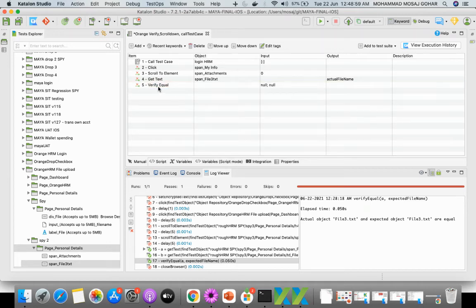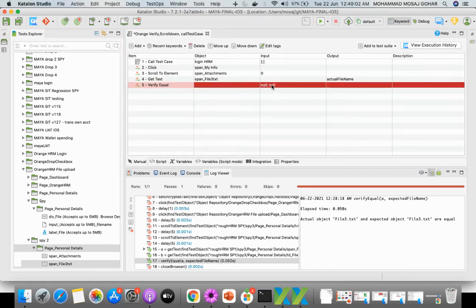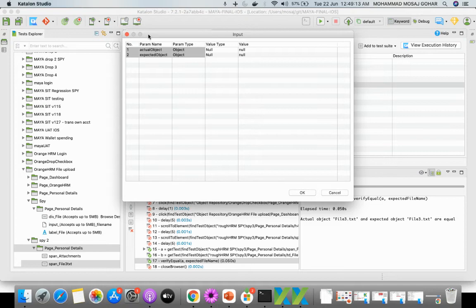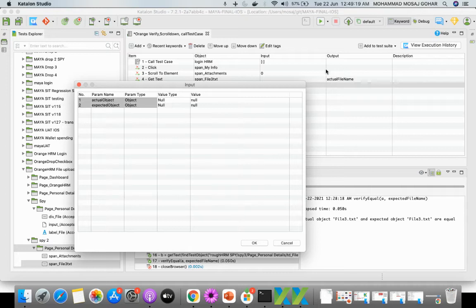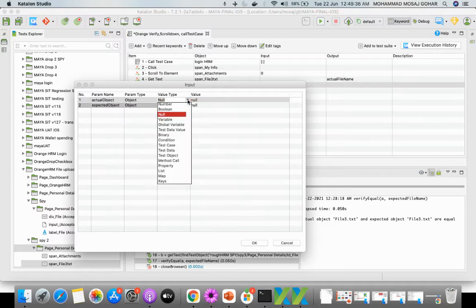Now it is saying verify equal null of null. It means verify what to what. What to what is nothing, or null, over here, so we have to pass the value for both these nulls. If you double click on it, it is telling us the first parameter is actual object. So our actual object is the actual file name, right? This particular variable is storing the value during the execution time, whatever it will collect. The type, we know, is a variable, because it is in the output column, so it is a variable for sure. So I will select variable, and the value is,